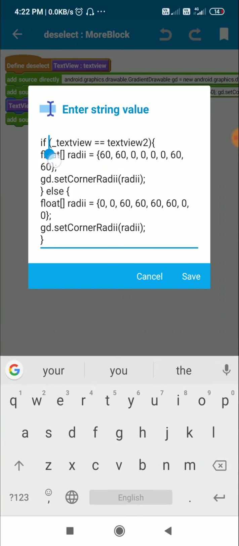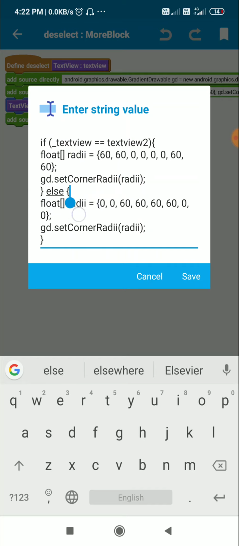Then if text view is equal to text view 2, this means we have to deselect text view 2. Its corner radii will be the same, so I define a float array radii equal to 60 60 for the left upper corner, then 0 0 for the right corners, and 60 60 for the left lower corner, and that is set as corner radii of GD.